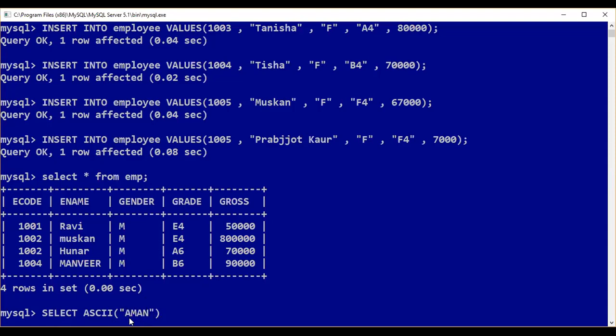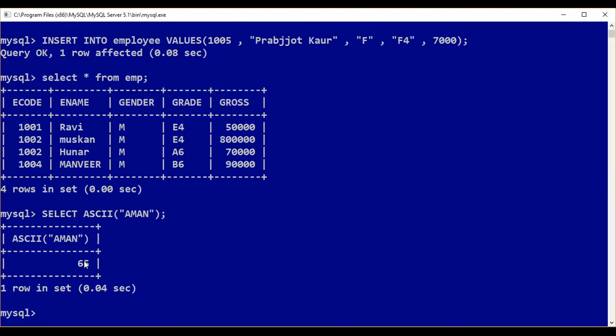Aman is written here. It will not show the ASCII value of all the given characters, only of the first character of the given string. See here, 65.